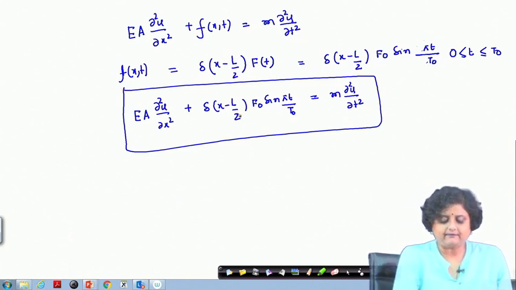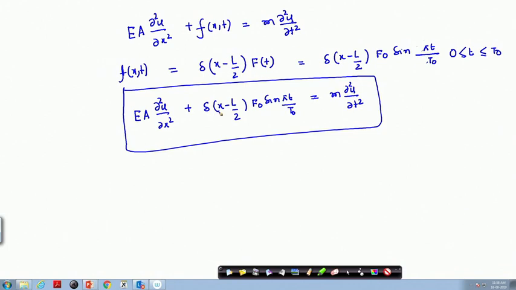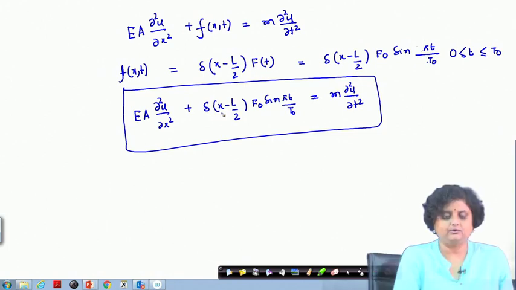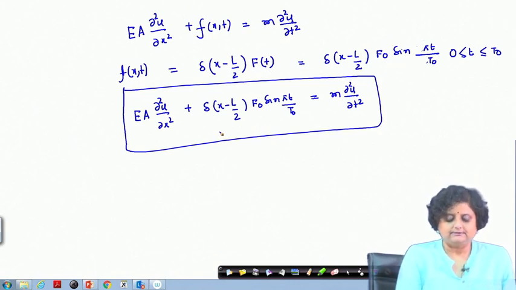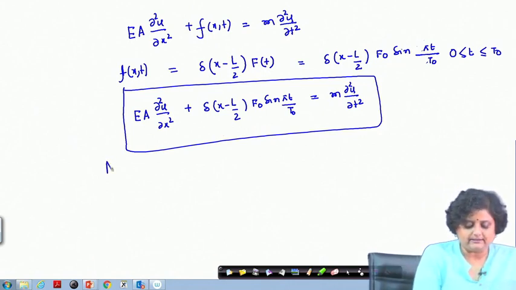A Dirac delta function, if I repeat again, is going to represent a concentrated load or a point load acting at x equal to L by 2. So, the Dirac delta function is going to give the spatial distribution of the force. Now, if I do modal analysis of the above equation,